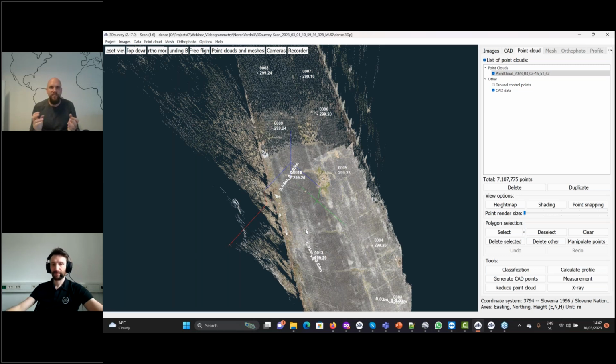So this RTK device has a smaller GPS antenna, a smaller chip, and it only records position once per half a second. Because our frames will not be at that exact time, we will interpolate slightly. So I think because of that, it's actually better if we lower that accuracy slightly,